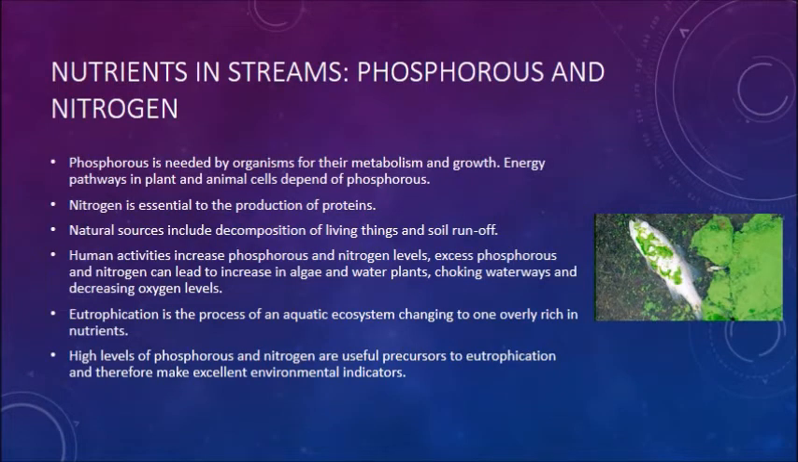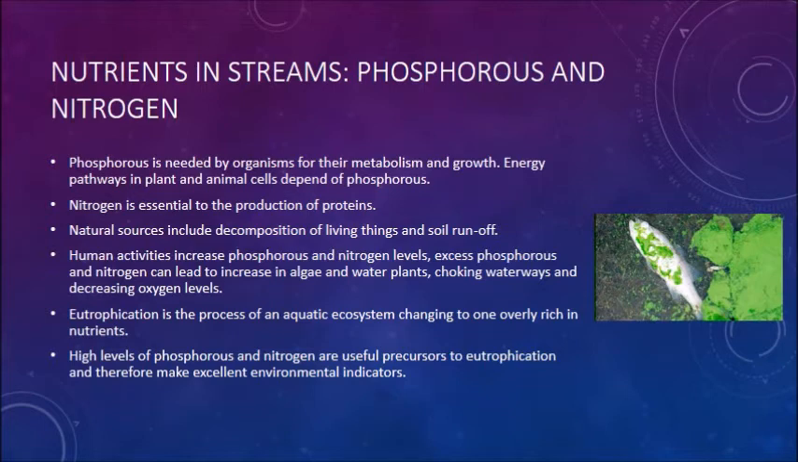Alright, so another environmental indicator after salinity is to look at the nutrient levels in the stream, so the phosphorus and nitrogen. They're the nutrients. Phosphorus is needed by organisms for their metabolism and growth, and plant and animal cells depend on phosphorus. It makes DNA, it makes a whole range of other things. Nitrogen is essential for the production of protein, so we need phosphorus and nitrogen for all the cell stuff that